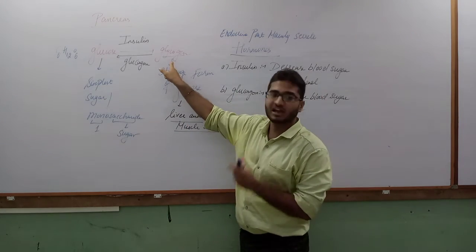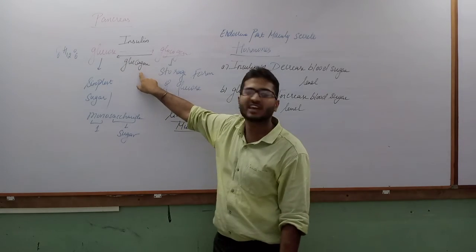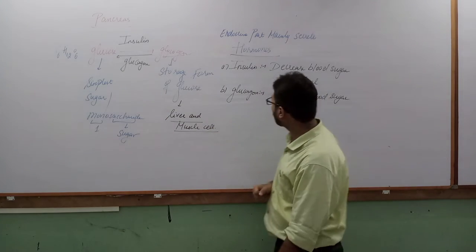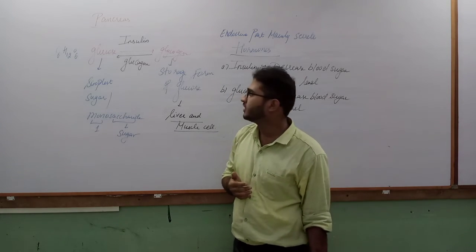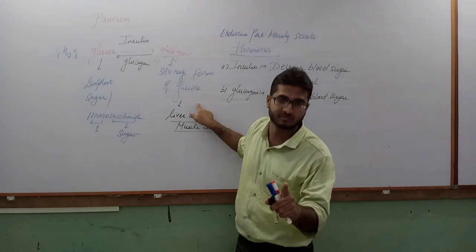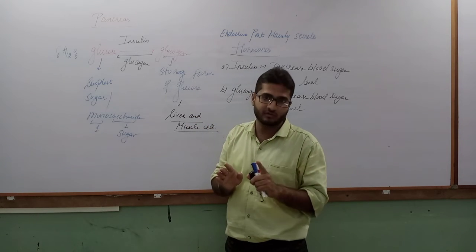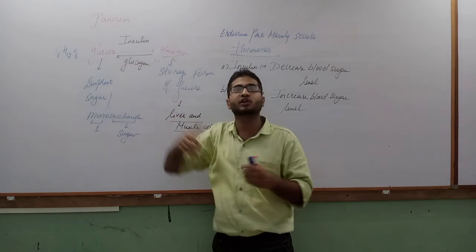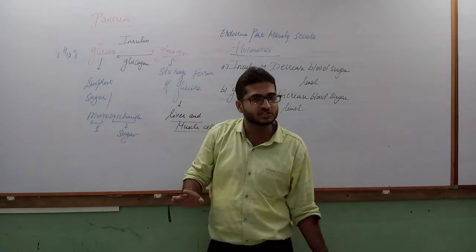Now let us understand this reverse reaction also. Glycogen to glucose conversion is with the help of the hormone glucagon, secreted by the alpha cells of the pancreas. Now whenever we are under fasting condition, we generally do not eat. When we do not eat, our body has a storage form of glucose already there. That's why we are able to survive one day with only water. Our body does not get any food, no glucose, no energy. This is the simplest rule: if there is no glucose in the cell, there is no energy for the cell.